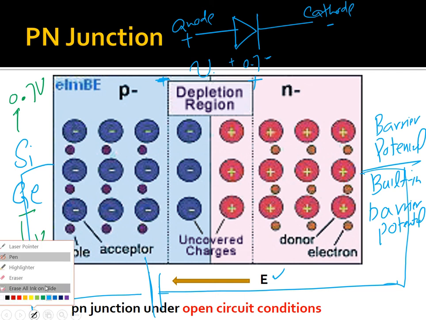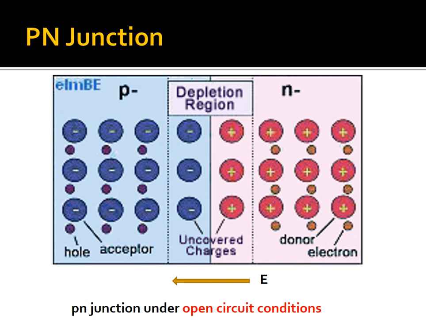So here we have to understand this thing, that we are getting the potential barrier here, and that will stop the flow of the electrons. For silicon, the value of this potential barrier is 0.7 volt, and for germanium this is 0.3 volt. Now to start the flow of electrons, you have to supply an external voltage which is greater than this. If the semiconductor is made of silicon, it must be greater than 0.7, and if it is made of germanium, we have to supply more